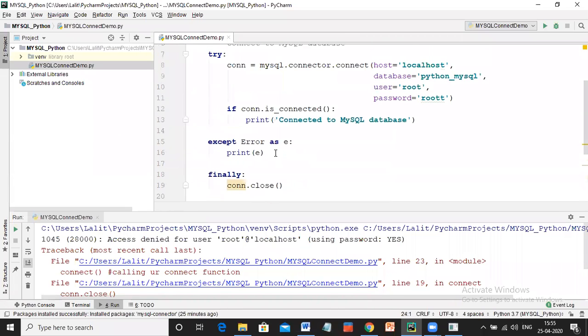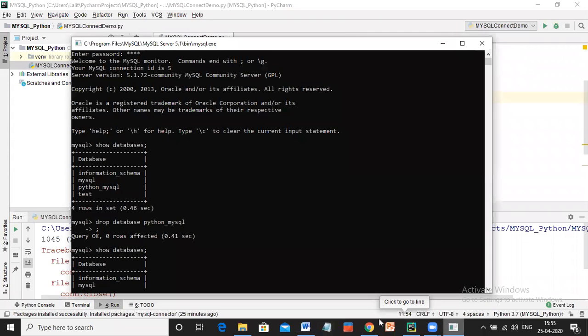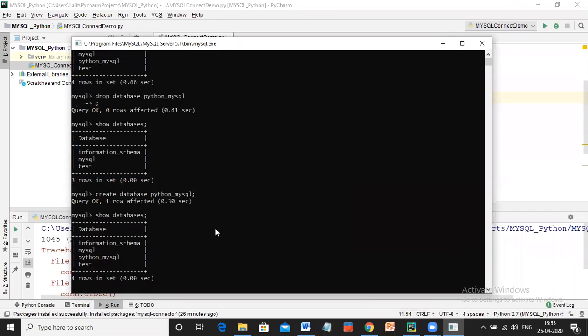Okay, so clear with this whole step. Today what you need to do is install MySQL client, then create a new project in PyCharm, then go to files, settings, and make sure you install MySQL connector and then perform this. As well as you need to also create the database. I'll share these queries also. Or else the best option is you can just download this video. That would be really helpful.